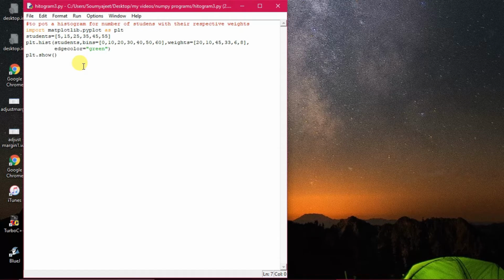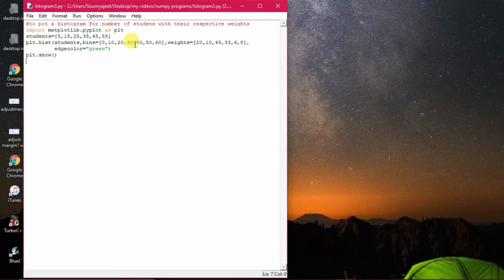taken the hist function, and the first argument passed to the hist function is the position of x and y. This is the first one, the position of x and y. But the value of weight of each student shall be displayed, and the second argument calculates the bin. This is the interval actually,